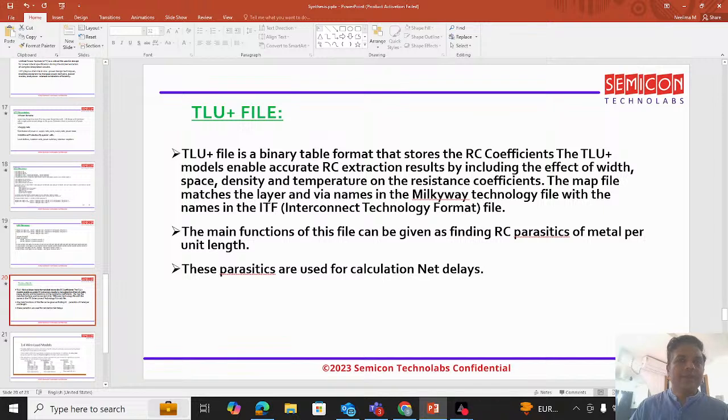But then TLU plus files, we use it in the physical aware synthesis when we actually want to extract the R and C of the nets. So TLU plus file is a binary table format that stores RC coefficients. The TLU plus models enable accurate RC extraction results by including the effect of width, space, density and temperature on